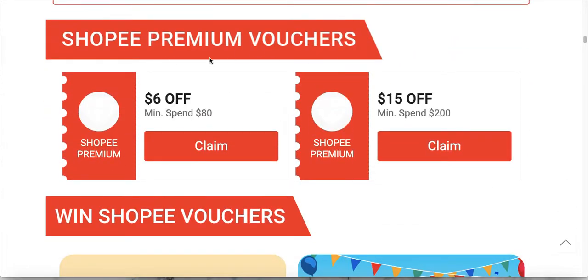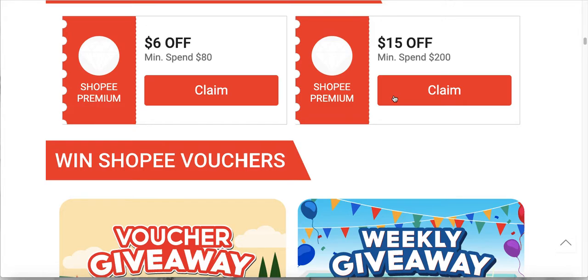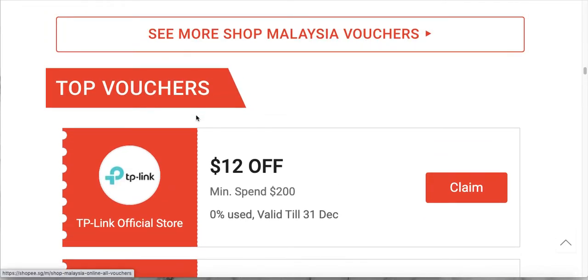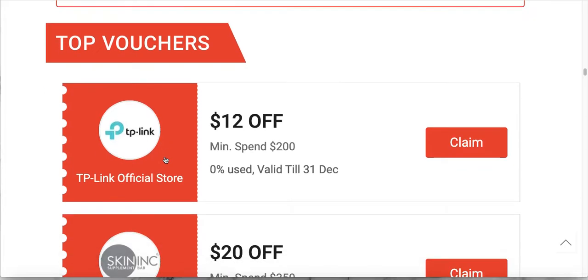Next, you have Shopee Premium vouchers, which are actual discounts such as $6 off, $15 off, but of course you have a minimum spending. You can claim these by also clicking, and then they will be saved onto your cart. And these are more specific, and then when you scroll down, you will find more store specific vouchers such as